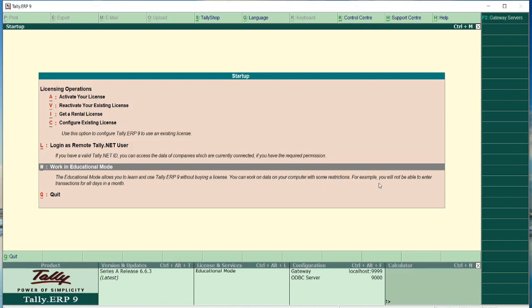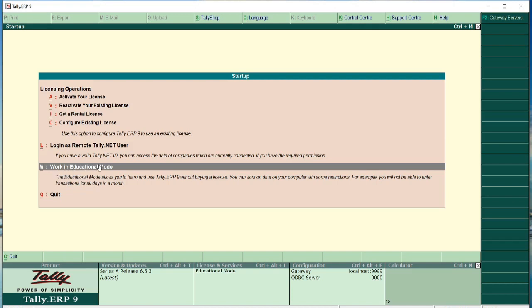For example, you will not be able to enter the transactions for all days in a month. So this is the restriction with this work in education mode. As a part of the syllabus, we are going to study Tally ERP9 under this work in education mode.